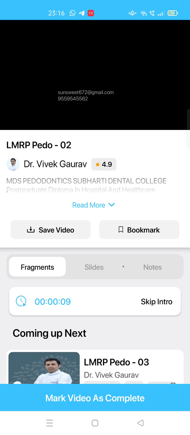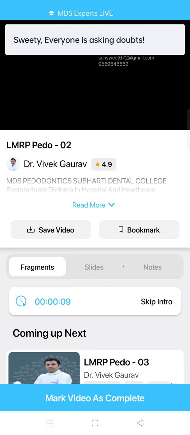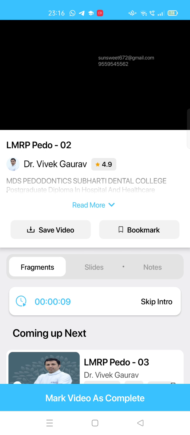Now, there is a lot of confusion regarding the duration of the formocresol to be placed inside the chamber. The difference is, I told you that there are three zones formed: fixation, atrophy, and inflammation, and if you place it for a longer duration, definitely the size of the zone will be more. So it is said that you keep it for a lesser duration. According to the MCQs and the literature, what I have seen is that the recent guidelines say it should be kept for only 1 minute.